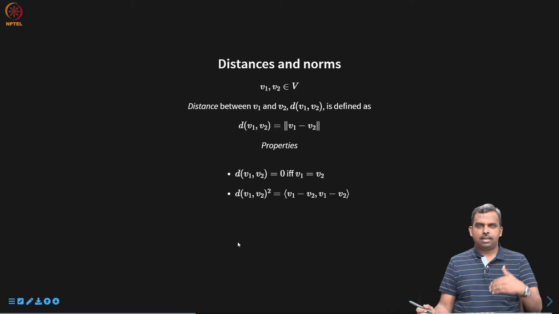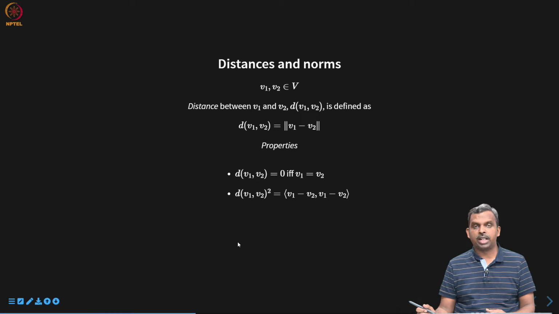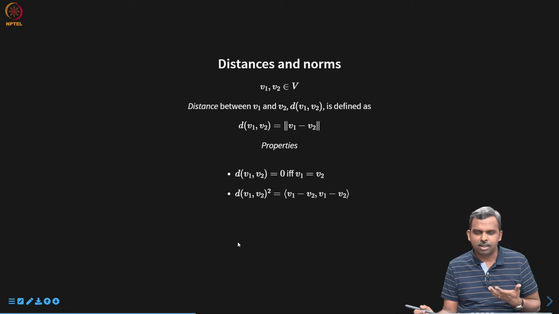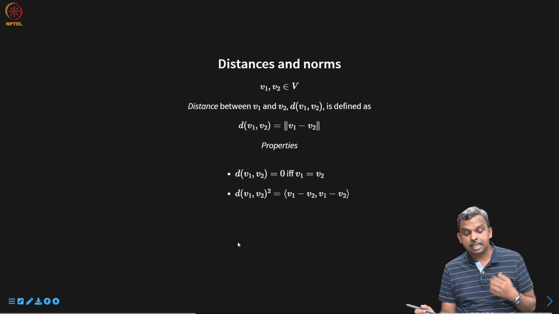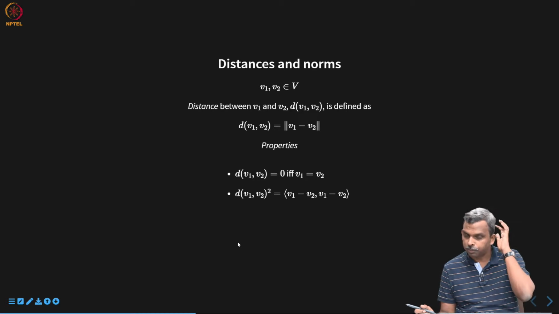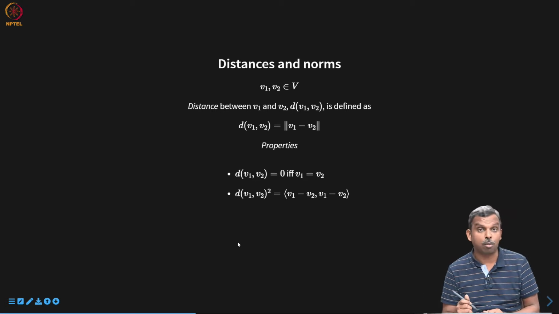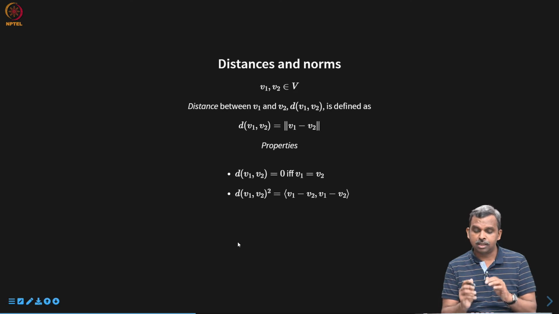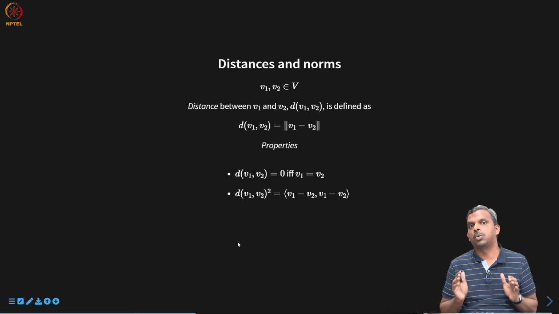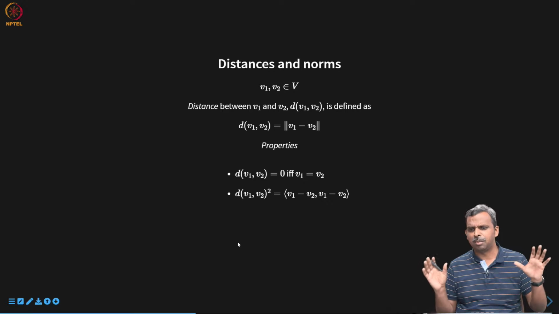Okay, so let's quickly review this notion of connection of distances and norms. I've always been talking about norms. So if you have two vectors v1, v2, or 2 points, sometimes these are addressed as points, the distance between them, how far apart are they, a good measure of that is to use the norm to define. And how do we do that? We do v1 minus v2 and take the norm of that. Okay, so this is a good measure of how far away v1 is from v2 in space,